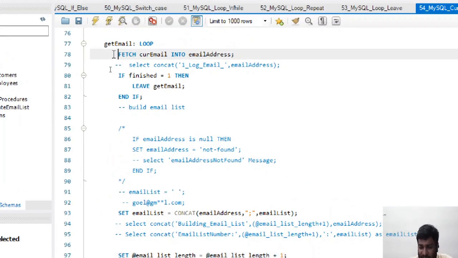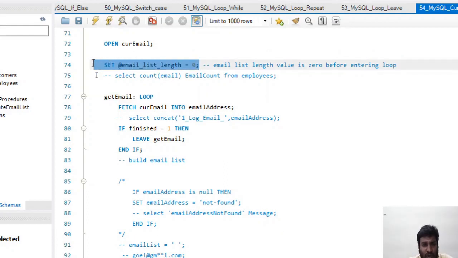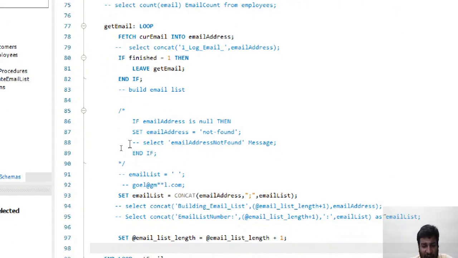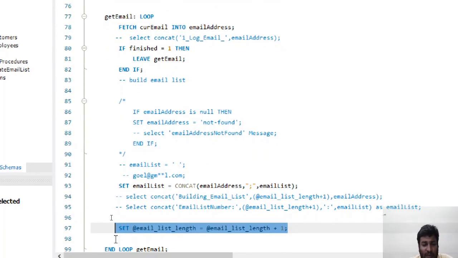Our email list length was 0 before the start of this loop. With the first iteration at line number 97, which is the last line of the loop, the email list length has become 1. Now this loop will go back again to line number 78 because it is not at the end, and it will keep on repeating itself.